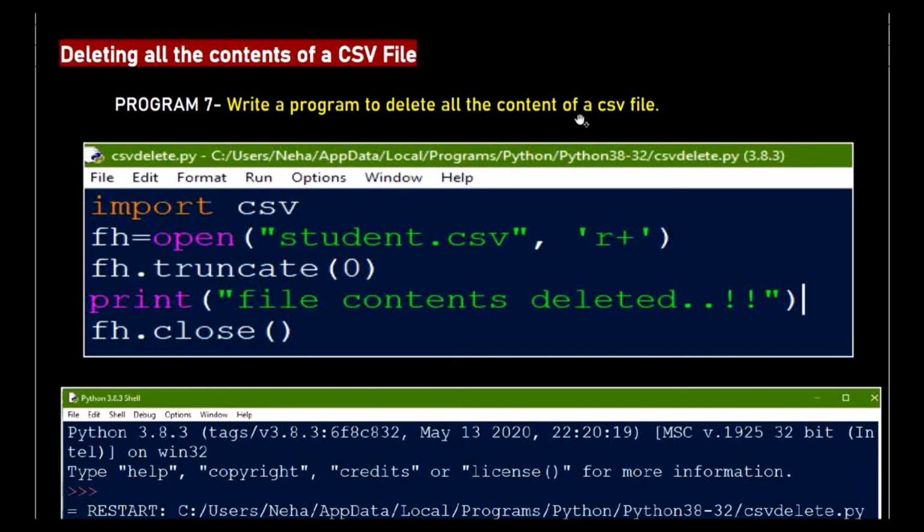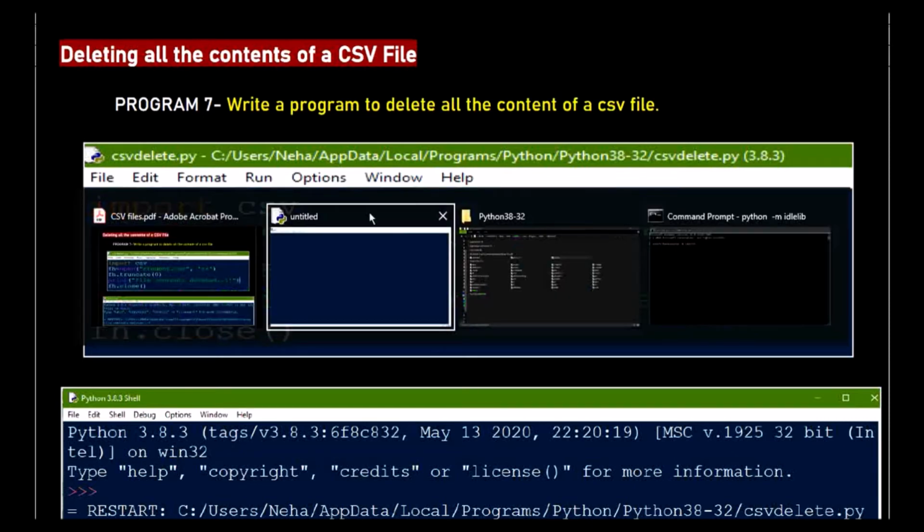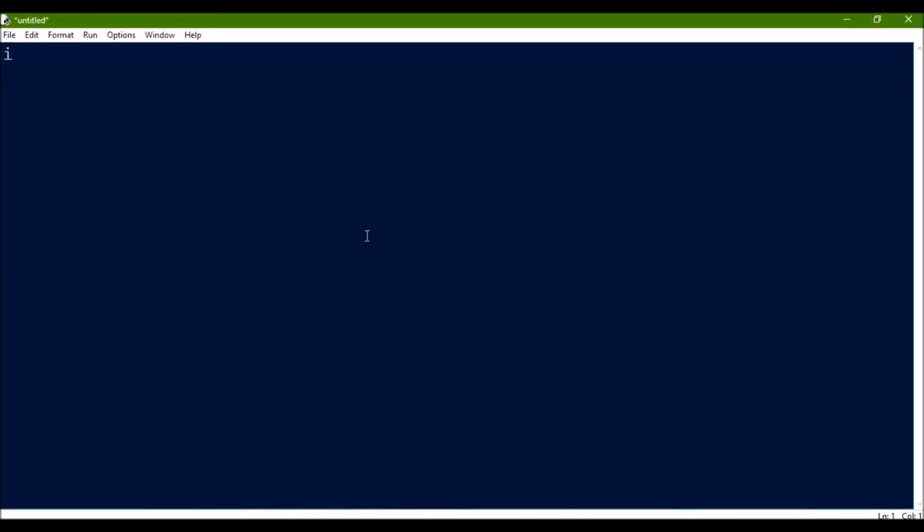For this, this is a very short program. Let us go back to the Python interface, and now I'll import csv, and then open the file from which I have to delete the contents.